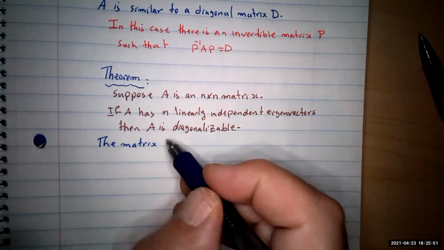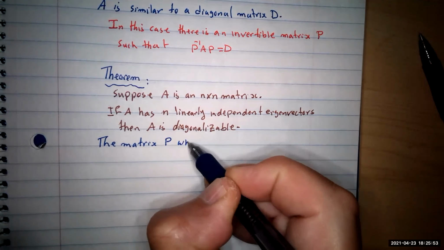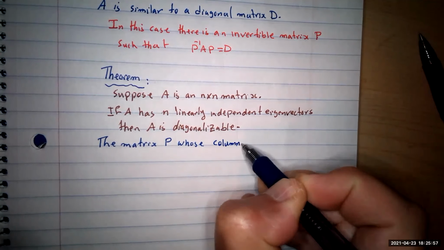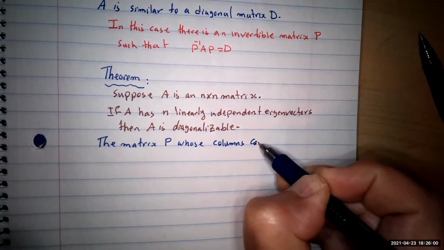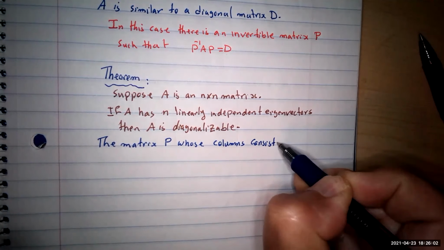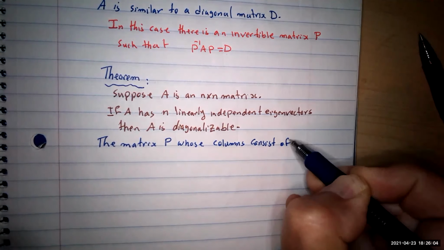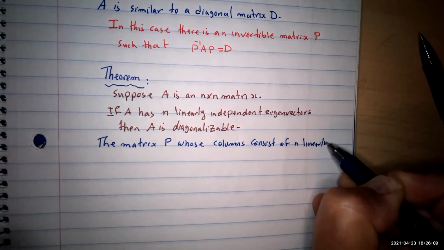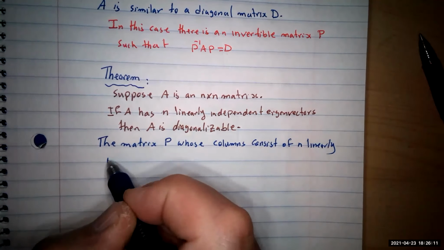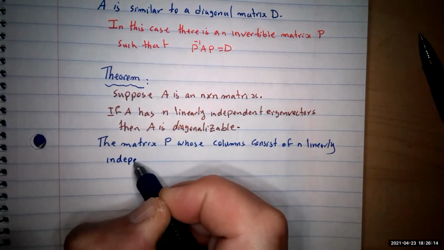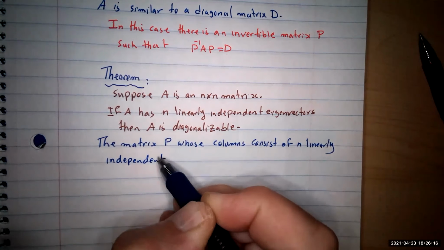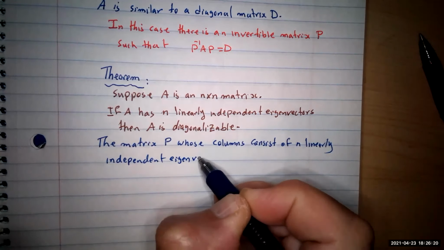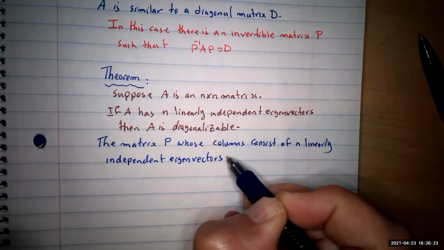The matrix P whose columns consist of n linearly independent eigenvectors of A